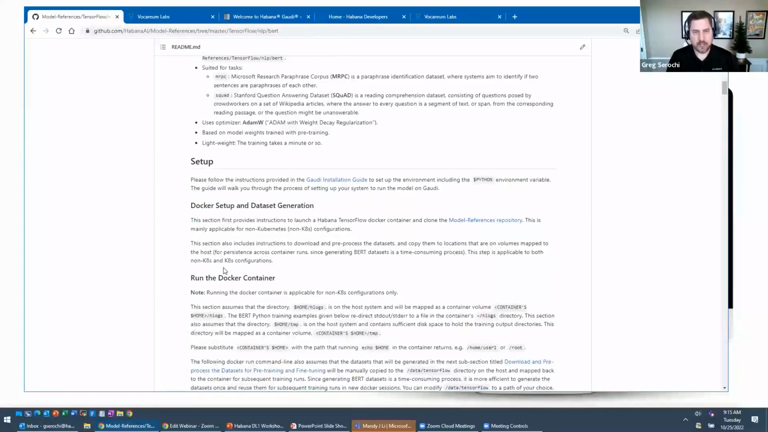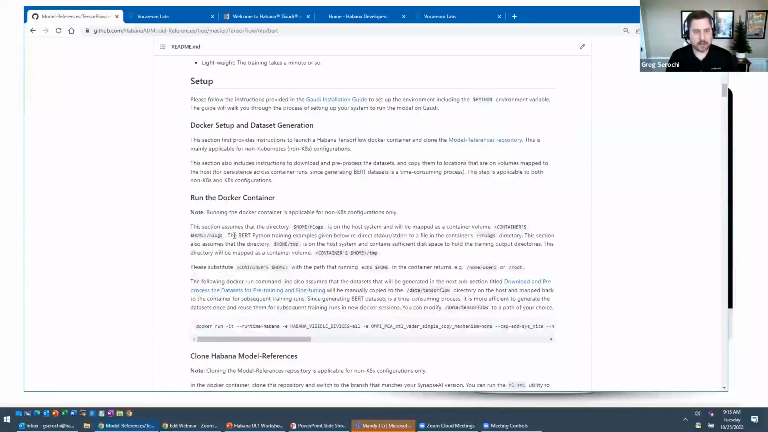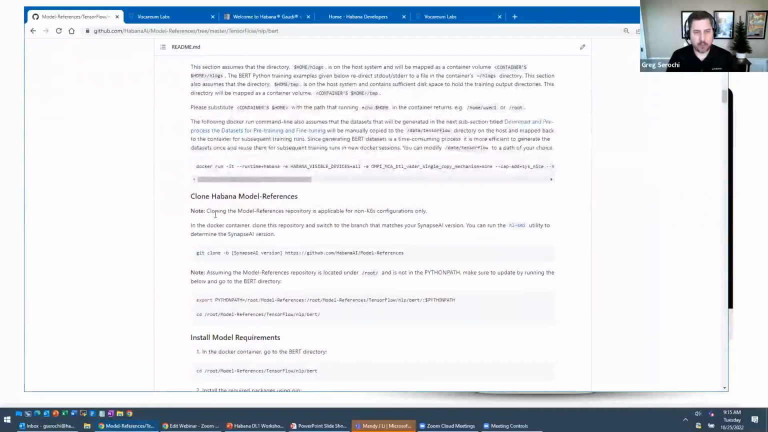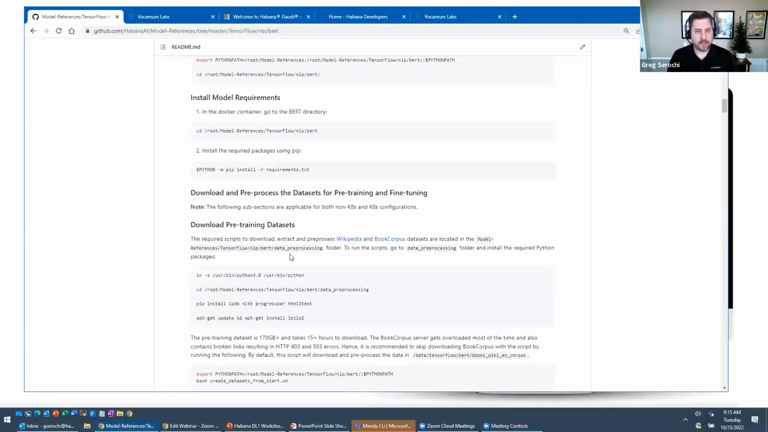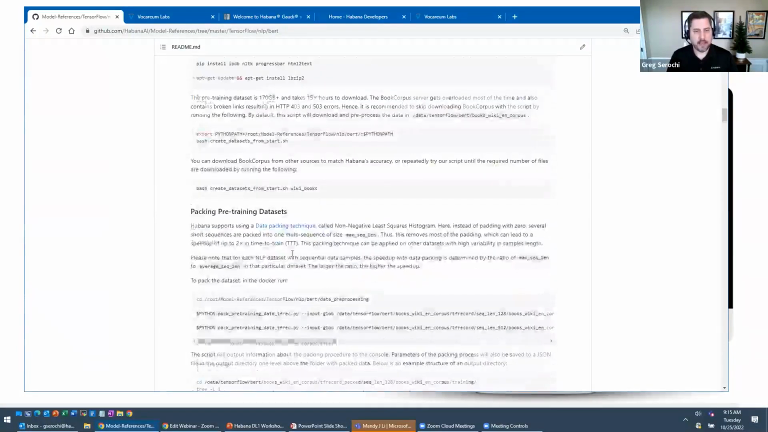This includes the dataset, the Docker container, cloning the model references. So in this case, this is just simply cloning the GitHub, which we've already done, and I'll show you this in an example in just a moment. The model requirements, downloading the dataset, and then